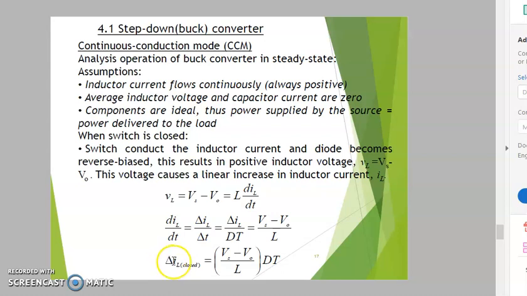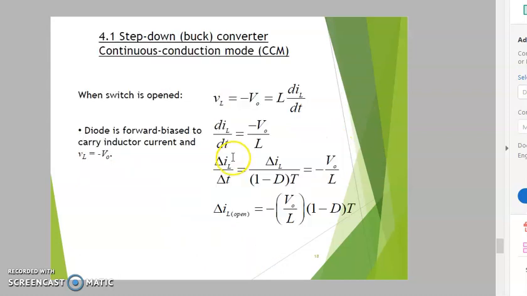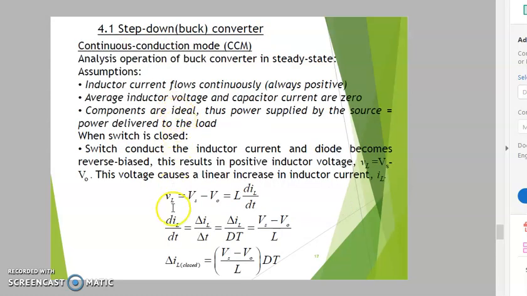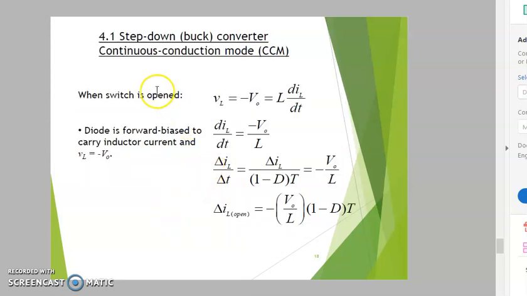Some customers or some devices need a lower ripple current, so the lower the ripple current, the higher the inductor you have to put in. Okay, so this is the amount of the spike of your current. This is the amount of your ripple current value. So when the switch is open, just now when the switch is off, the switch is open,